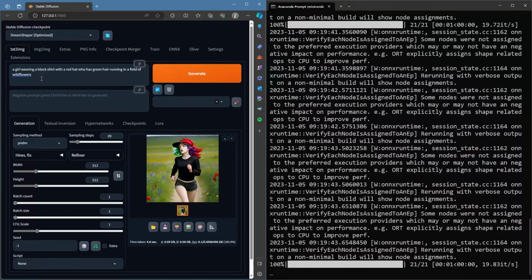I find that these long sentence-like prompts are not necessarily the best. I like to separate the things I do want and then negative prompt a whole lot of things that I don't want. But what I do is I keep it in very, very small digestible pieces for the AI. And what I mean by that is a girl with green hair, comma, red hat, comma, field of wildflowers,